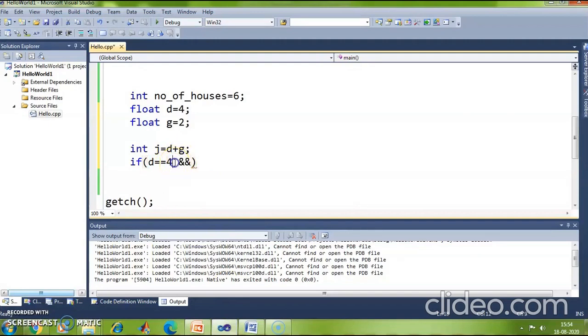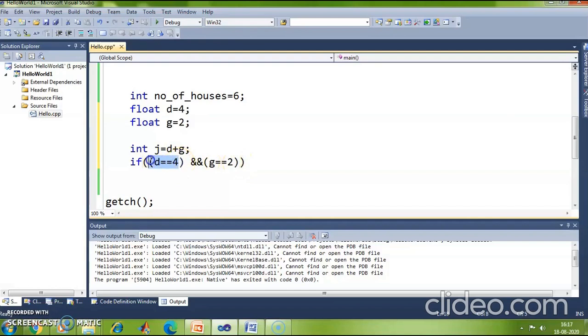So suppose I want to check if d is equal to 4 and g is equal to 2. So what would be the result here? The resultant value will be true, right? Why is it true? Because d value is 4 and g value is 2, right?